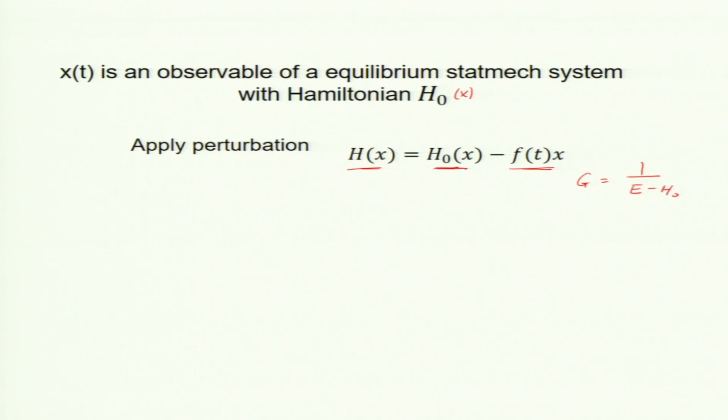So, the system has a response, and this has damping in it. The Green's function has some damping involved in it, but the response is x. So, x(t) x(t prime), that is a correlation function,